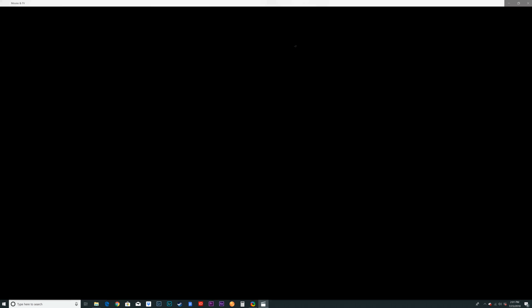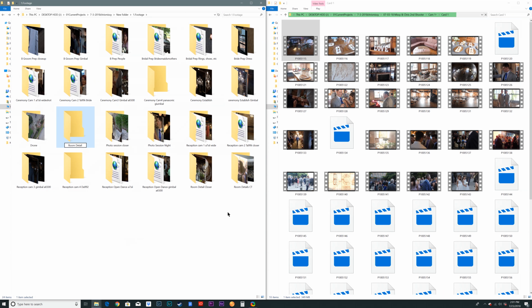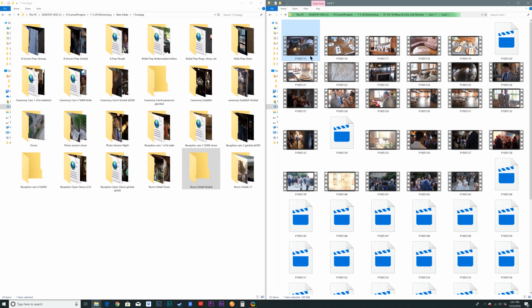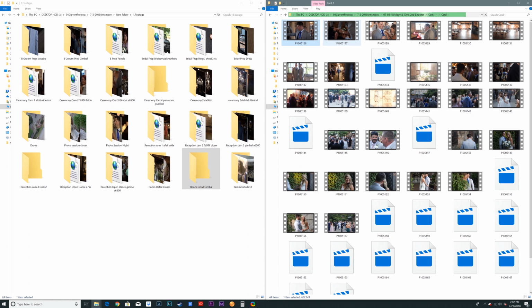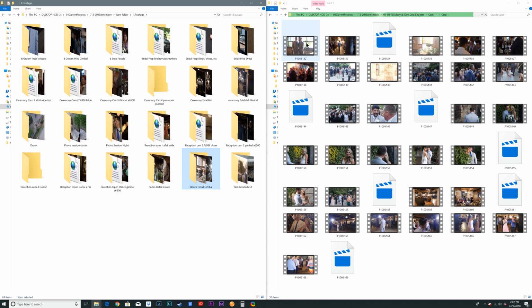It looks like this might be some reception stuff here. Yeah, definitely. So room detail gimbal. So that all will go here. And then it looks like he had some of the stuff that I had. So we'll put this in with bridal prep people. More establishing. More